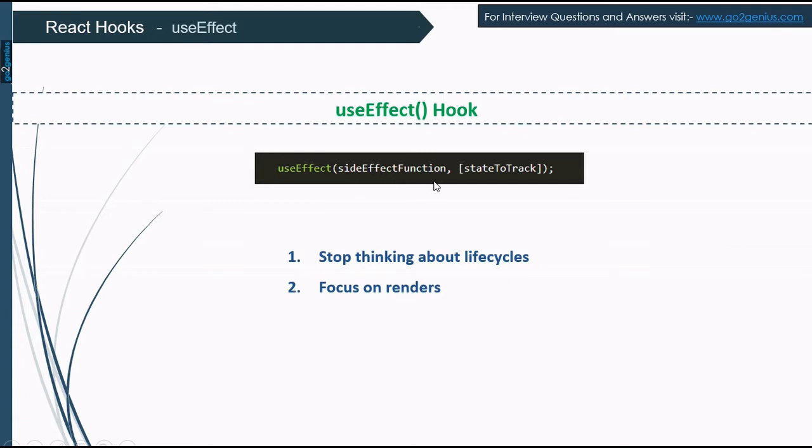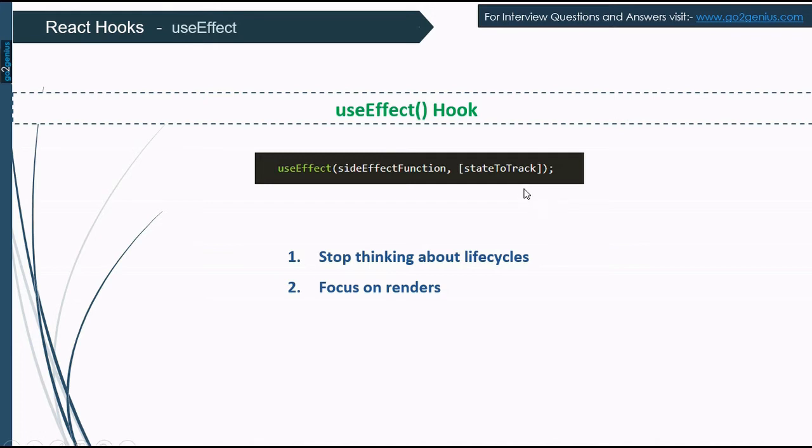The first argument is the side effect callback function, where you write all your logic for fetching data from an API, subscription, and cleaning up your data. And the second argument is an array of state or props to watch. So here the states and props could be anything from both of them.